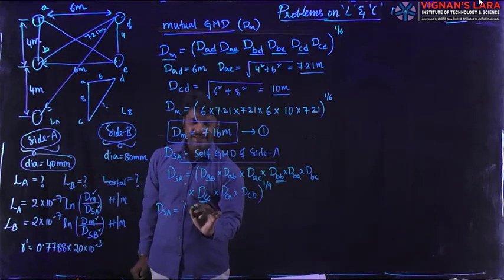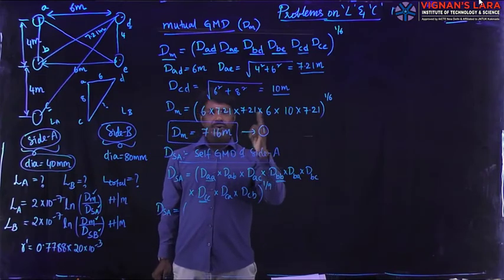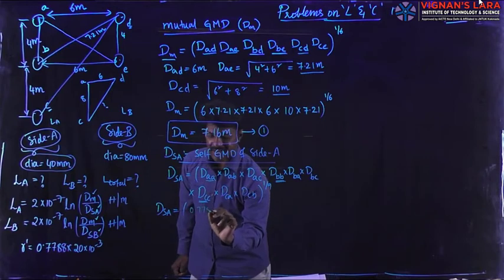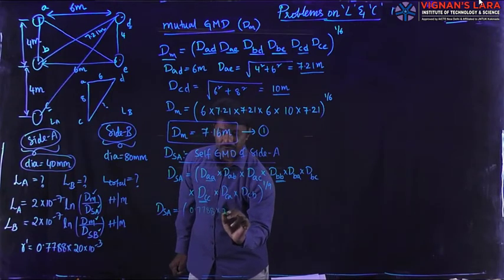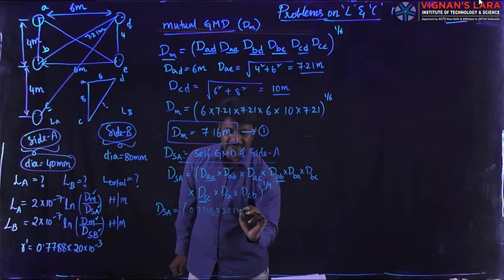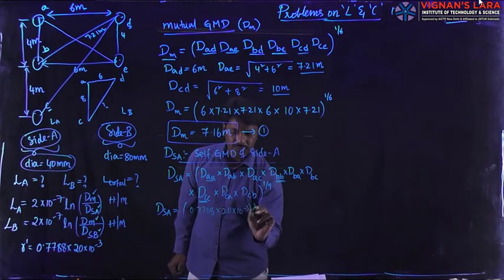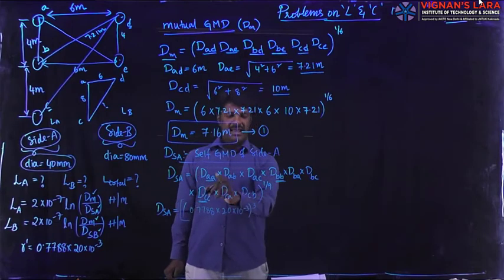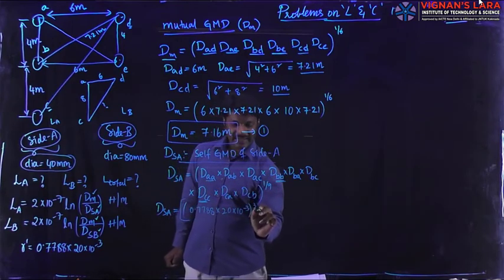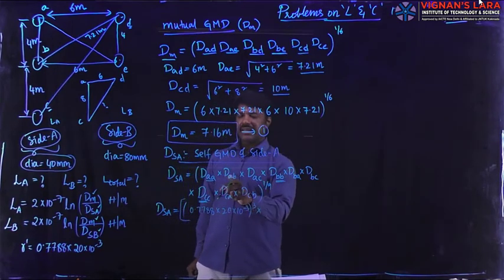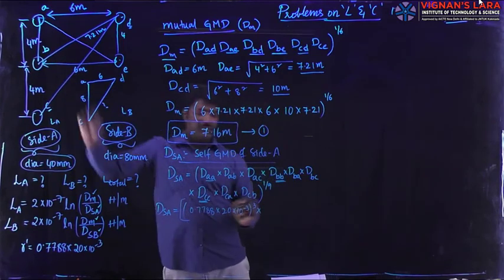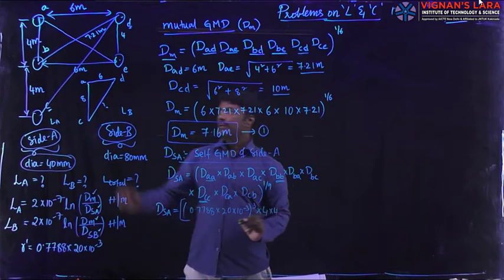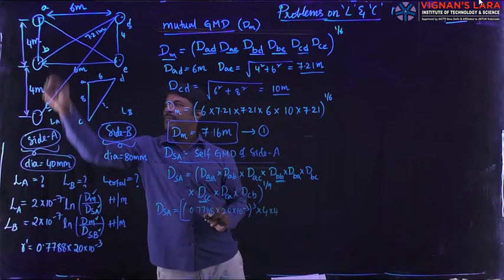That is why I will get R dash cube, whose value is now 0.7788 into 20 into 10 power minus 3 cube. Okay, so those three terms I have expanded here, AA, BB, CC, and the next 6 leftover terms are AB. AB was separated with 4 meters. AC, again 4 meters. AC, no, 4 plus 4, 8 meters.